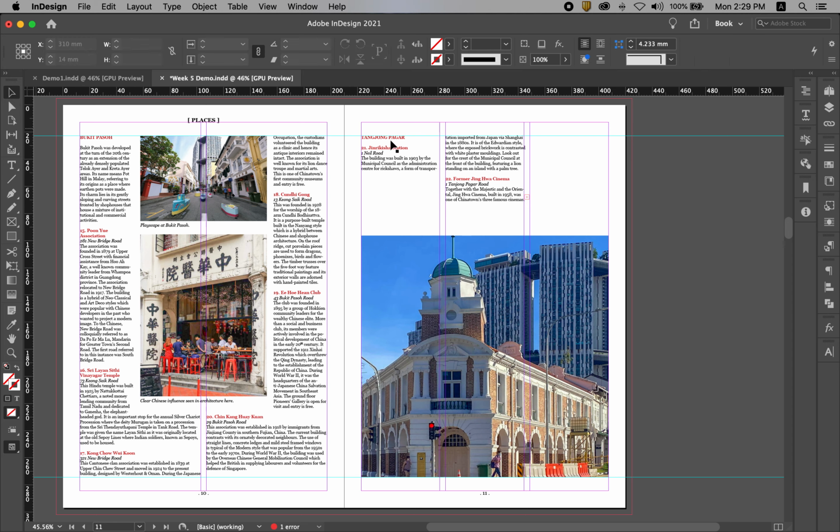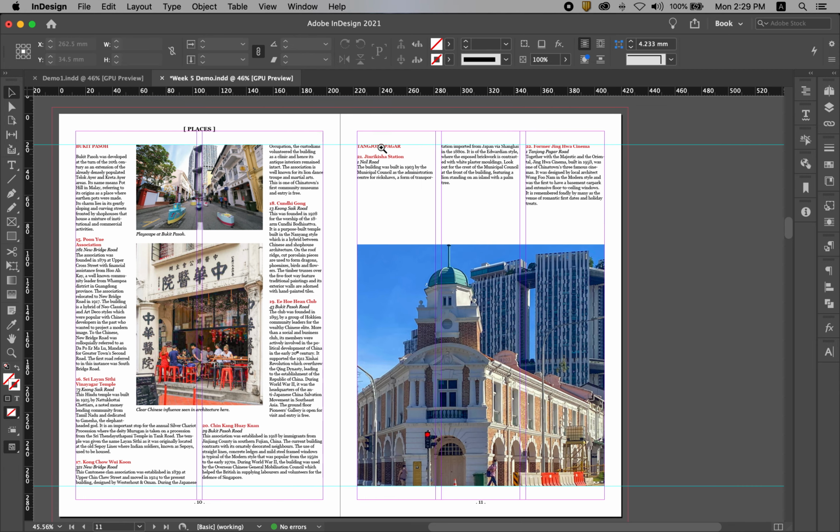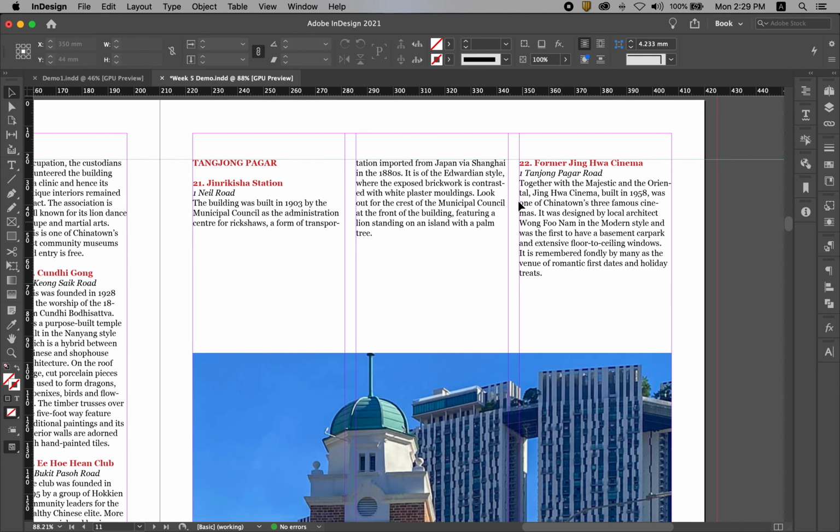So we can have Tanjong Pagar, this one. So 3 lines here and all these lines here, and then oh yeah, here's the often, and then the last part here. Okay, this is how I want the text to be laid out. So let's get rid of the